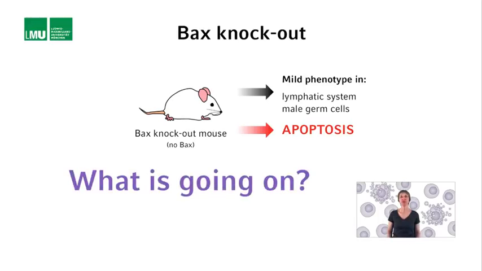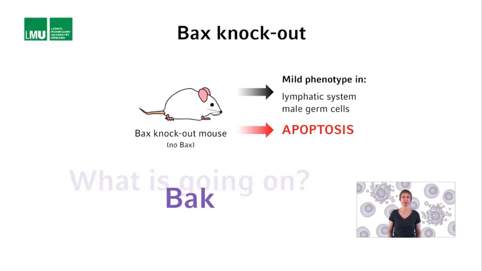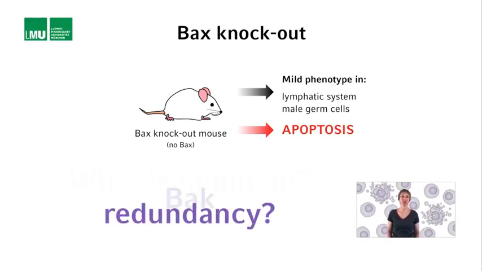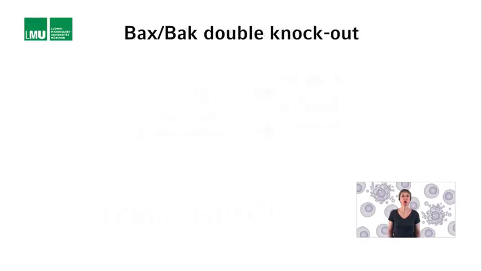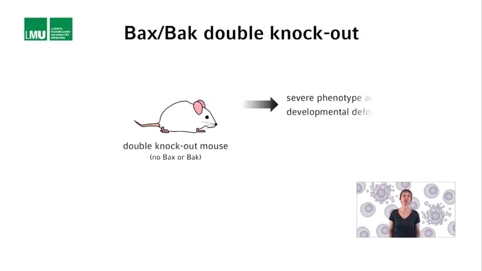What had not been identified when the Bax knockout was made was Bak, the second effector. Bak was published in 1995 and knocked out in 2000. The Bak knockout mice also had almost no phenotype. Could Bax and Bak have redundant functions? The double knockout was generated, a mouse line lacking both genes, and the result confirmed that yes, Bax and Bak have redundant functions. The double knockout mice have a severe phenotype, and most of the embryos die due to multiple